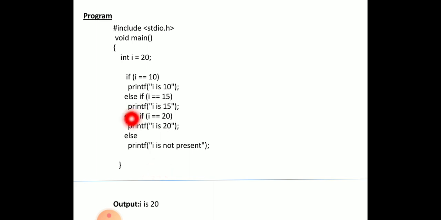The else part will not be executed because the program stops with the execution of I is 20. If this condition were false, the else part, that is I is not present, would be executed. In this case I is equal to 20, the condition is true, so the program stops execution after displaying the message I is 20.